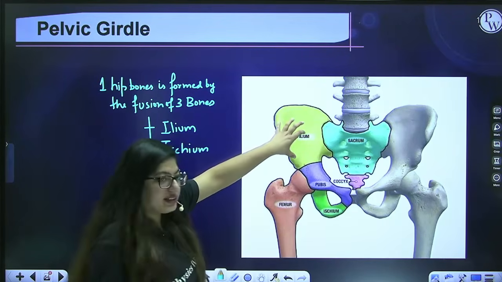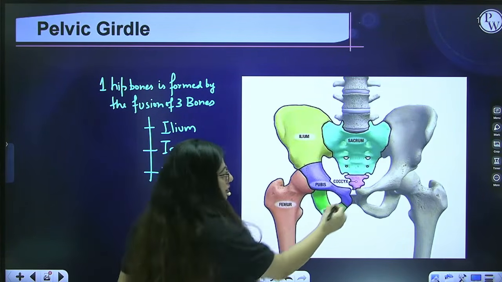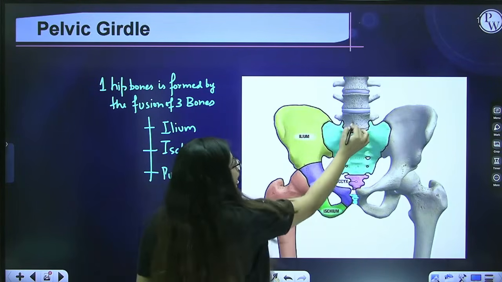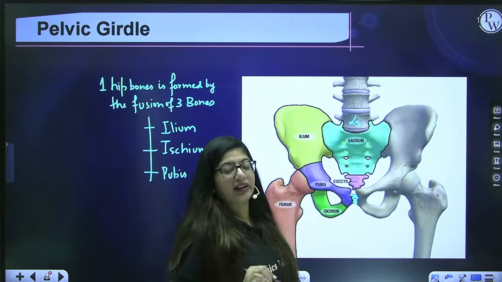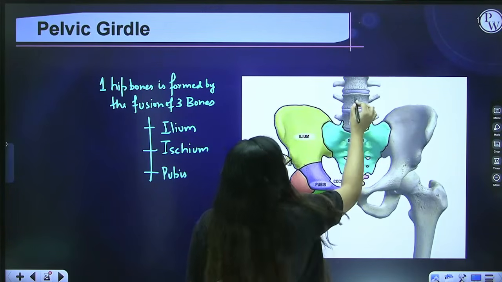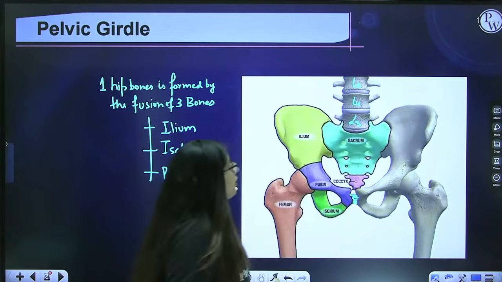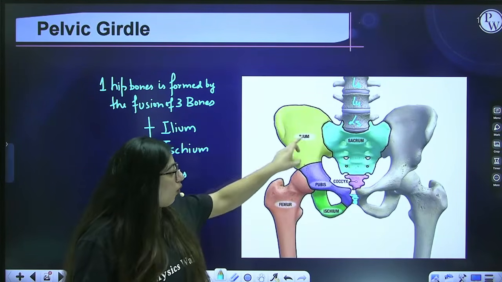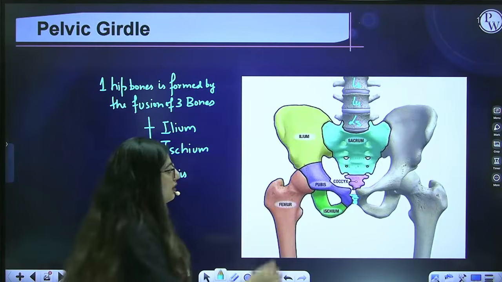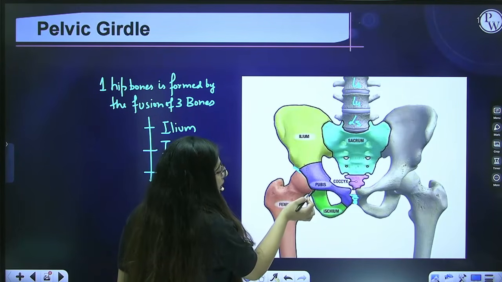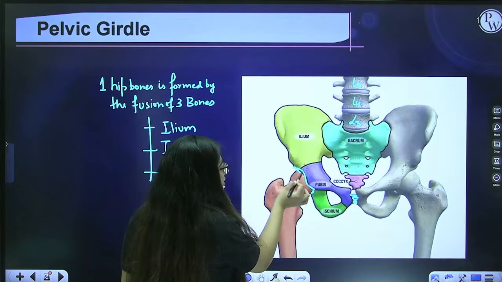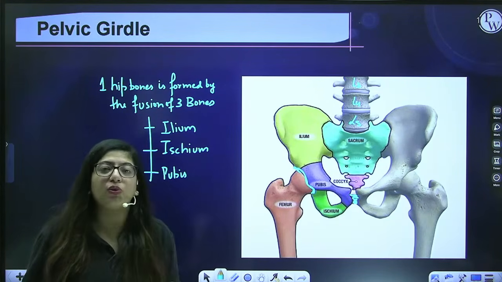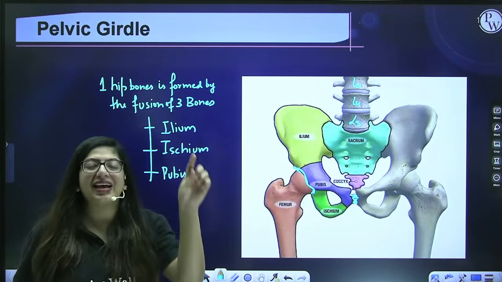So let's see this one. This yellow one is ilium, this is sacrum, and here is your pubic symphysis, guys, right? This is coccyx, this is lumbar vertebra, L5. Total how many lumbar are there? 5 vertebrae, right? So this is L4, this is L3. So this is ilium, this is pubis, this is ischium. Now where all these three bones are fused, you can see here ilium is also having a connection with pubis and ischium. Where all the three bones fuse, there is a portion known as acetabulum.